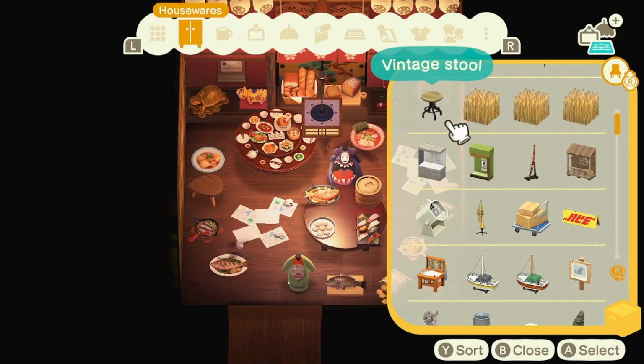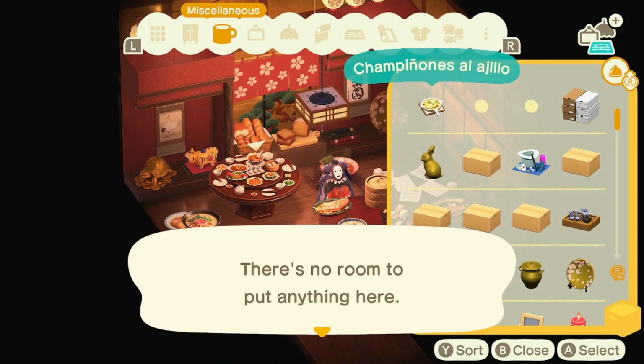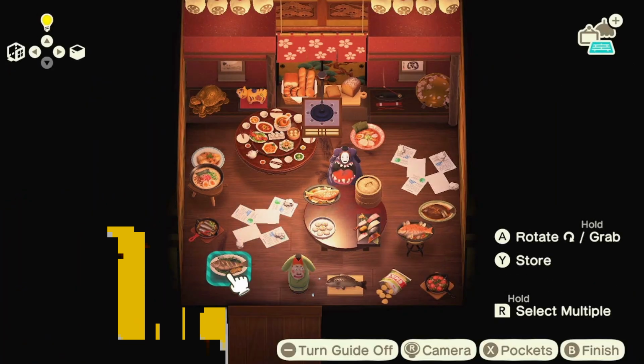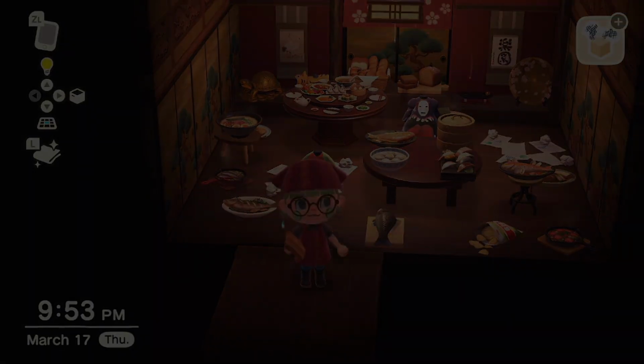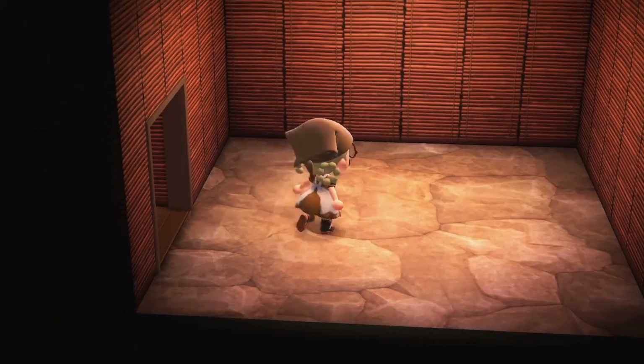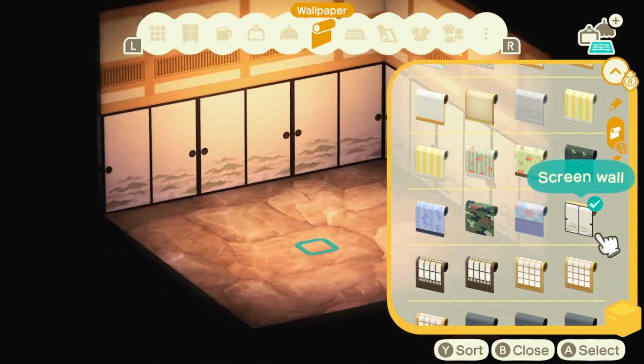And right at the end here, I added some little tables because I felt it was all a bit too flat. So just a little bit of last minute rearranging, and here we have it. It's actually, I think, my favorite room so far. I mean, we've done two. But next we have the